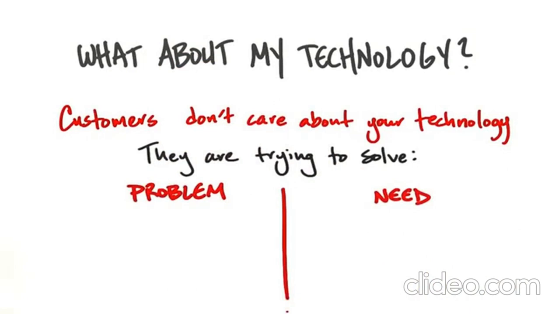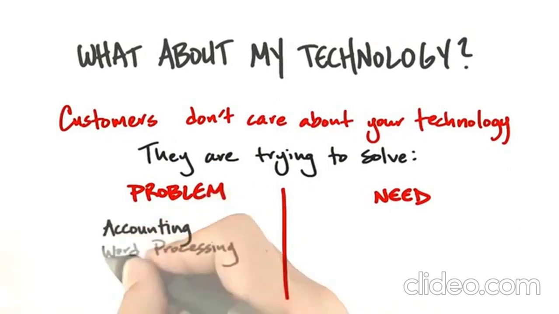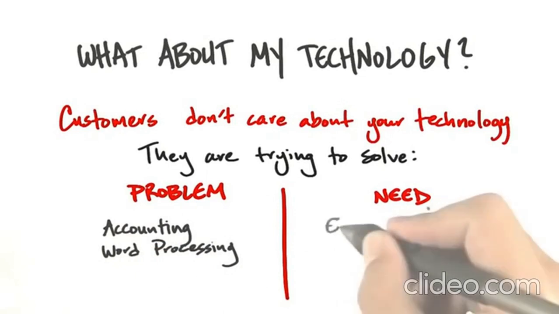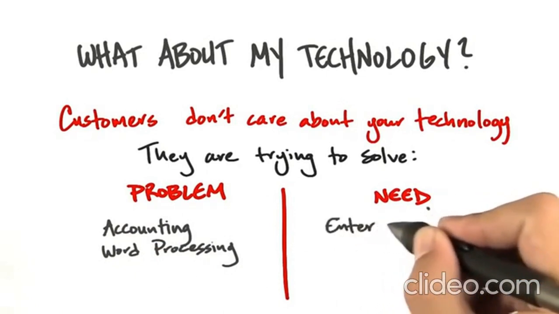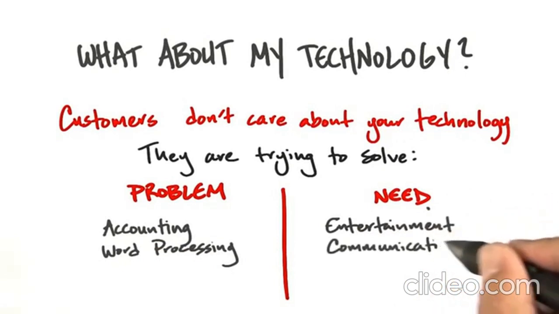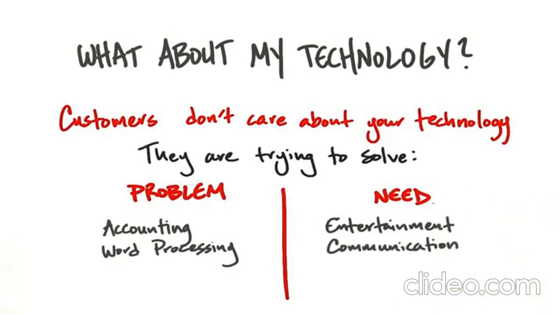The difference between a problem and a need is, a problem is, I have an accounting problem, or I want to use a word processor. And those types of products solve problems. But there are other things that human beings do, like I want to be entertained, or I want to have a date. Those are some basic hardwired social needs. Or I want to communicate with my friends, like Facebook or Twitter. Those are needs. Needs are different than problems. And by the way, if you could find products that solve needs, your total available market, as you'll see later, is huge compared to I solve specific problems.